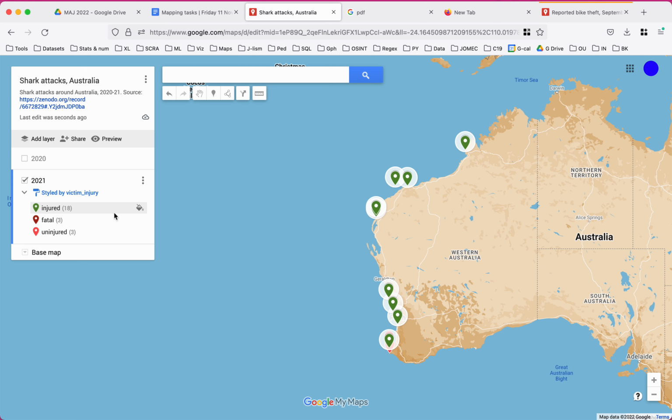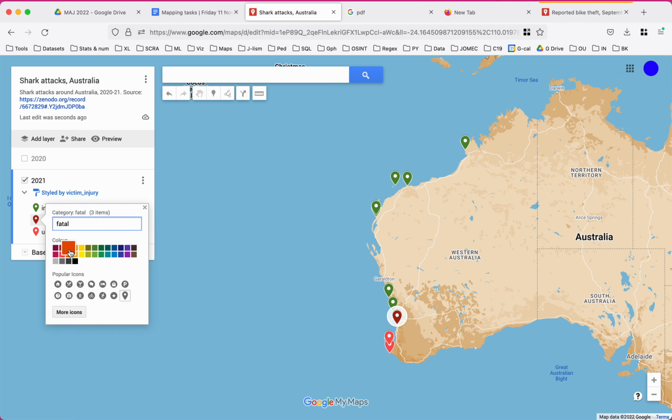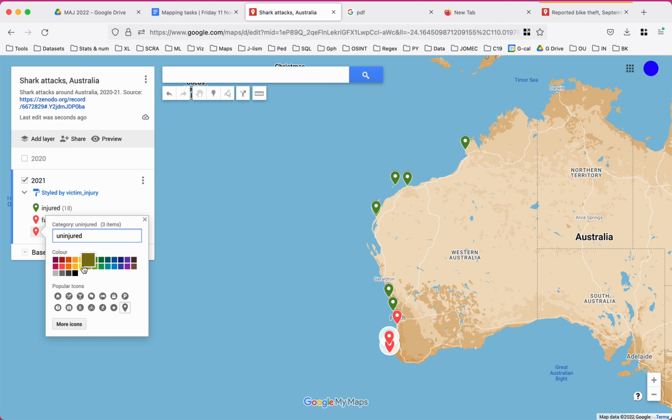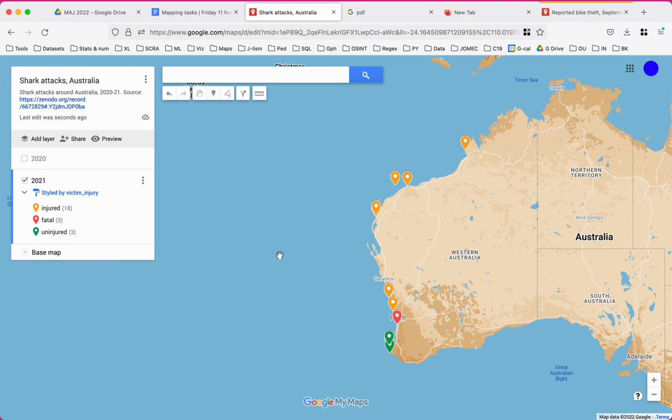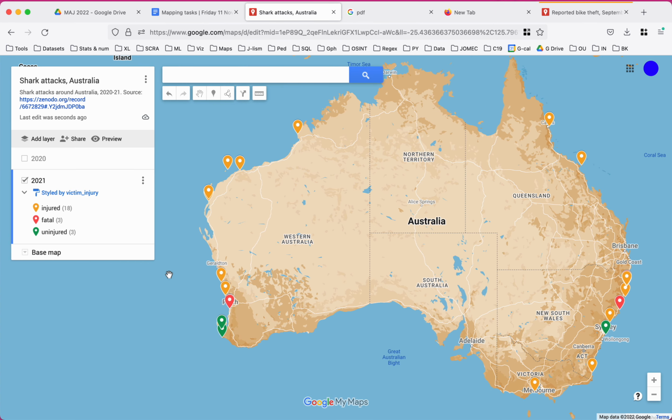So what we should do here is change these, because fatal, let's have red, uninjured, let's have green, and injured, let's have orange. So there we go. Okay, so now we can see where the incidents were in 2021,